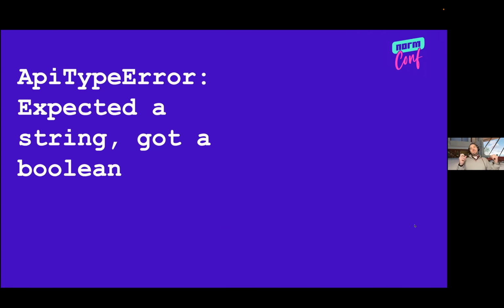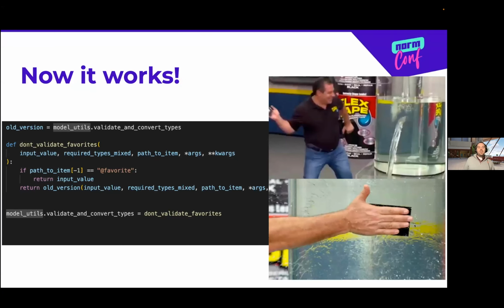It was complaining that it was expecting a string and it was throwing a validation error because it was receiving a Boolean. I was very sure, as far as I could tell, things were set up right on the Datadog side. It really was supposed to be a Boolean. I think I was using the wrapper right. Very possibly I wasn't, but as far as I could tell, I was. And I needed to get around this error. So what did I do?